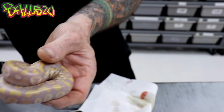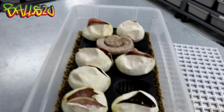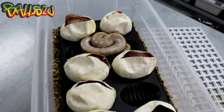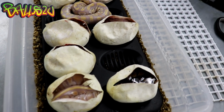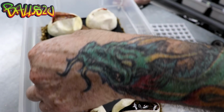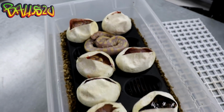Correct. So only one, visual two, three, Ultra four, five, six, seven. So out of the 10 eggs, two went bad. Seven, actually, you know what? Seven out of eight. I'm doing really good with those odds, and I'll be glad to keep them for the rest of the season and moving forward in my ball python career. Seven out of eight eggs in my favor, but only one Ultra Mel. And one, two, three, four, five, six Mojave Ultra Mel